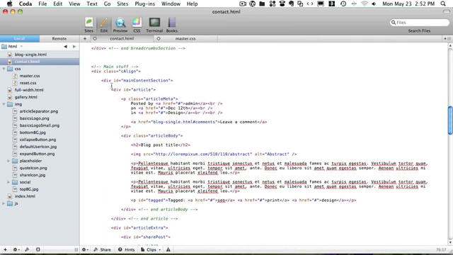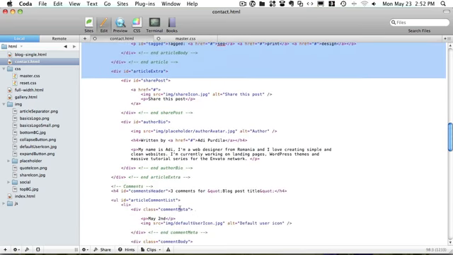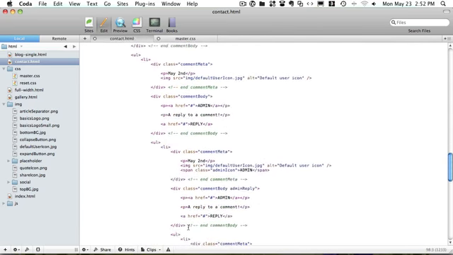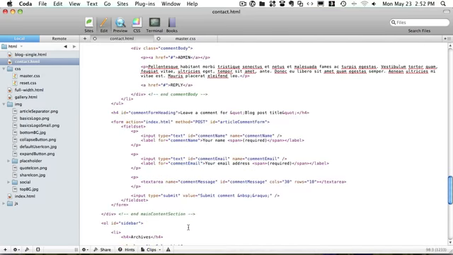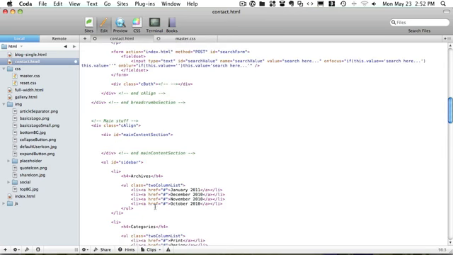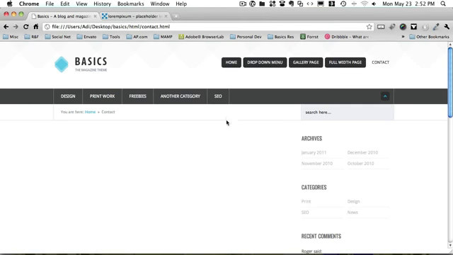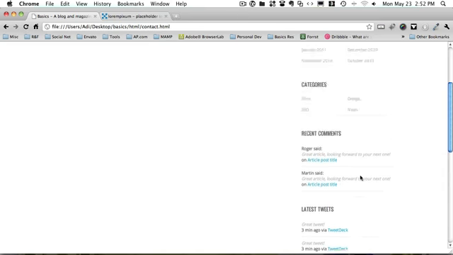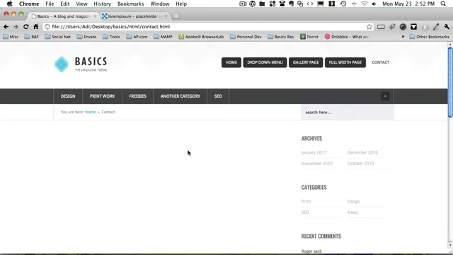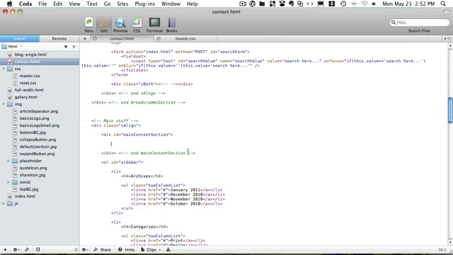So main contact section, delete the articles all the way down to here. Okay. So what we get is this basic page with the sidebar. Okay. So let's see what we have. We would have an H1,